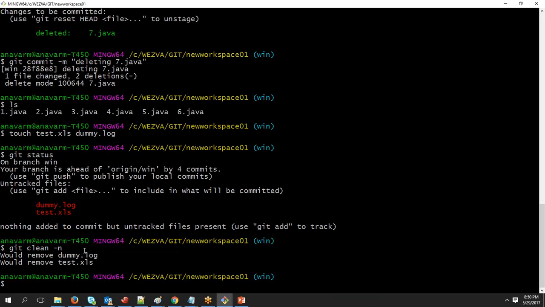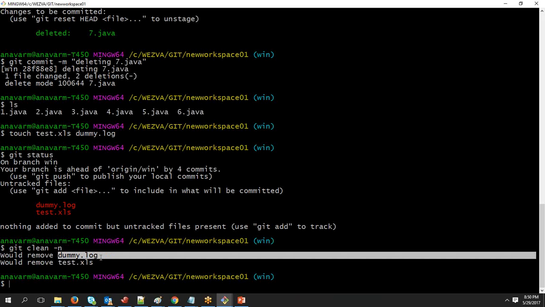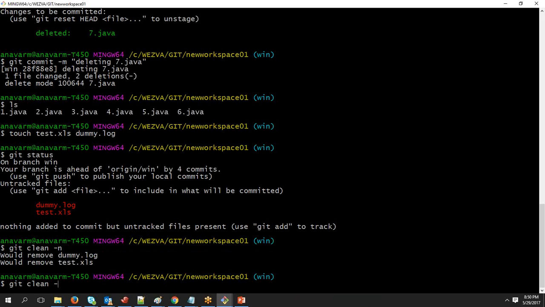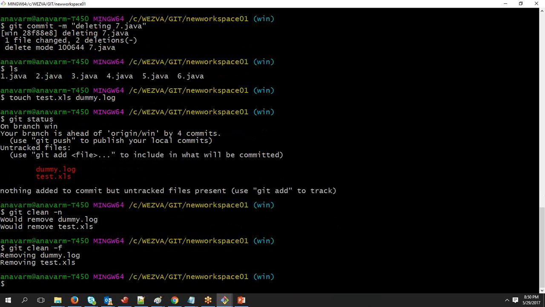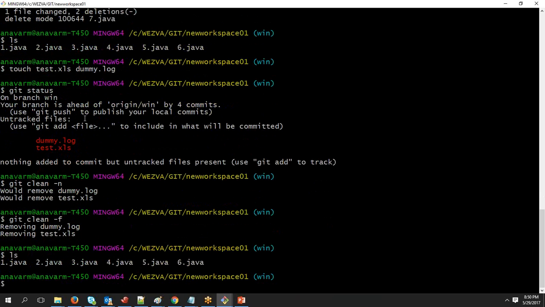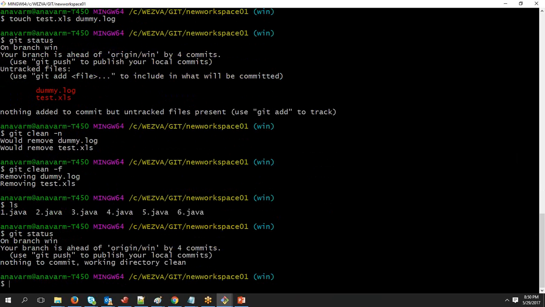How would you do that? Just say git add of that file and it will be added to the staging area. Then do a git commit, only that file will be added to the commit, and then go ahead and do a git clean. Now when you're doing a git clean, use a -f, which represents forcibly clean everything in your workspace which is not being tracked by Git. So now you can see those runtime files or untracked files will not be there and your workspace will be